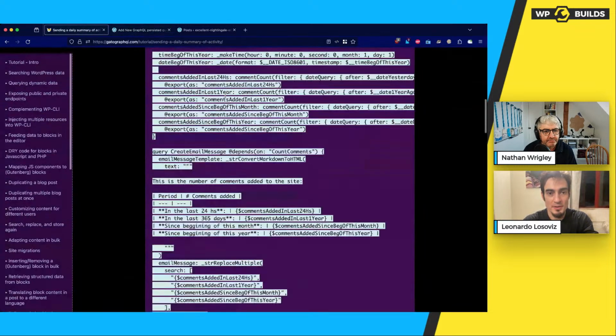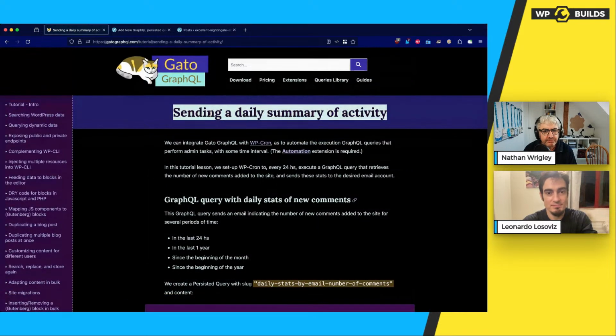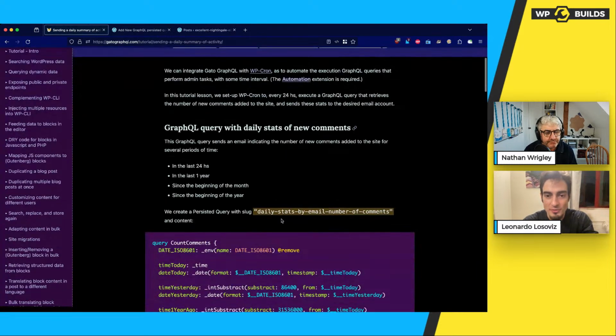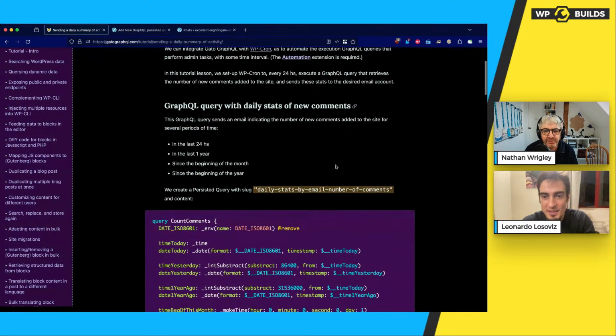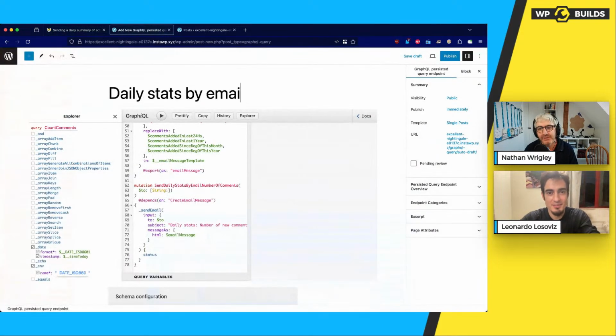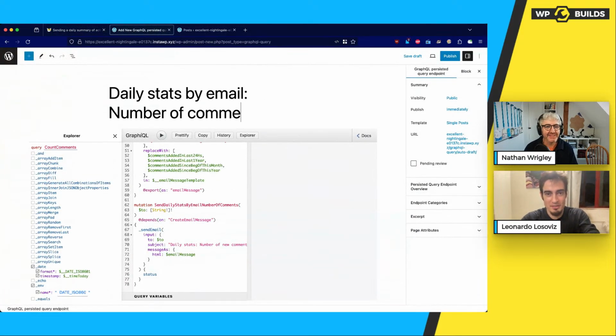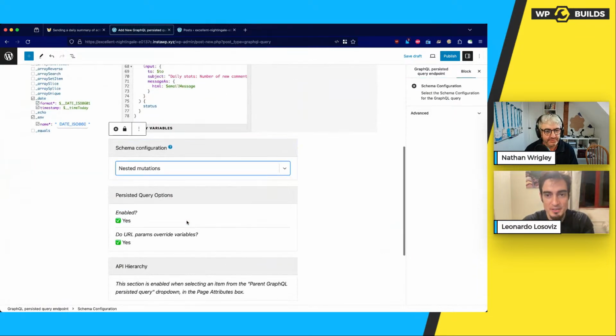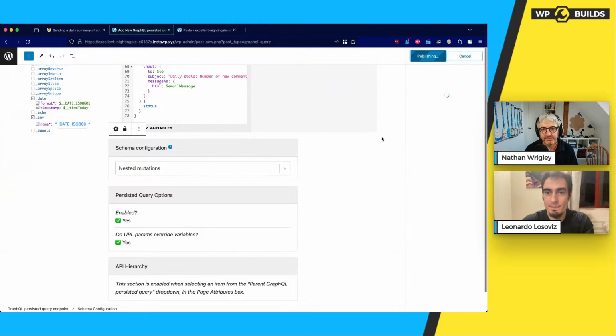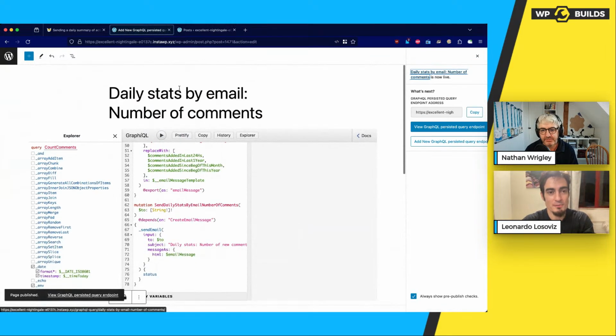Let's just also copy the title. Daily stats by email number of comments. I want to do copy paste, so I'll just call it that. Daily stats by email number of comments. Yeah, something like this. Schema configuration. I know I need the nested mutation, so I will publish this. So having the slug, then I can go to